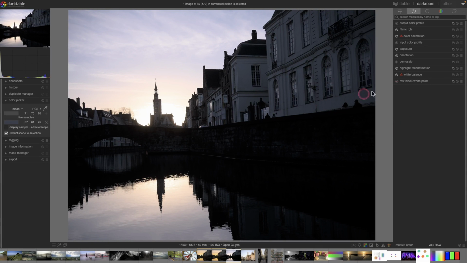Now, I'm going to start by fixing a decent white balance for this photo, and I think the best place to pick up a white balance would be around this zone here, because the buildings were white. Now it was dark, and you can see it's a very high dynamic scene here. It is a sunset, and it was taken from a boat in the river. This is in Bruges in Belgium, and